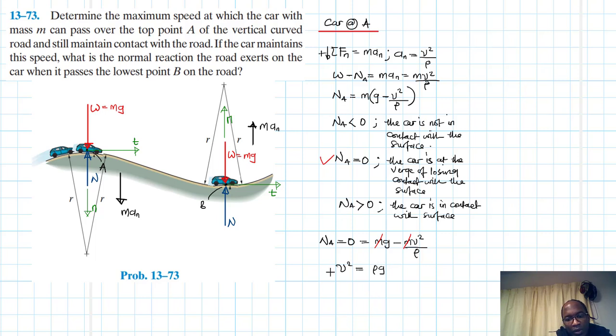Then we can square root both sides, and therefore our v will just be equal to the square root of rho g. So this is the maximum speed